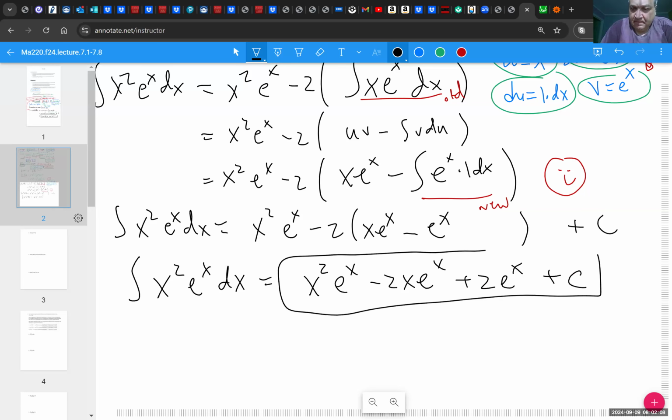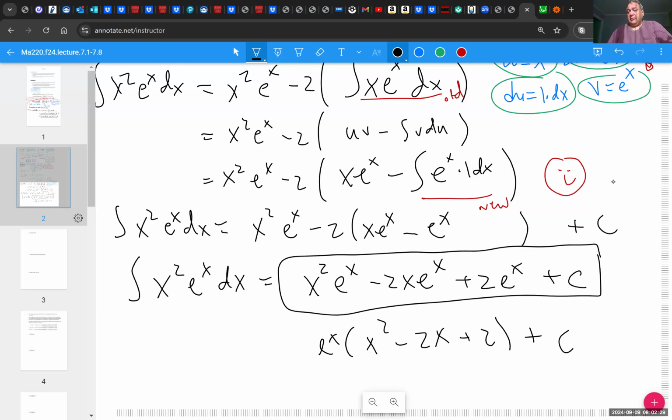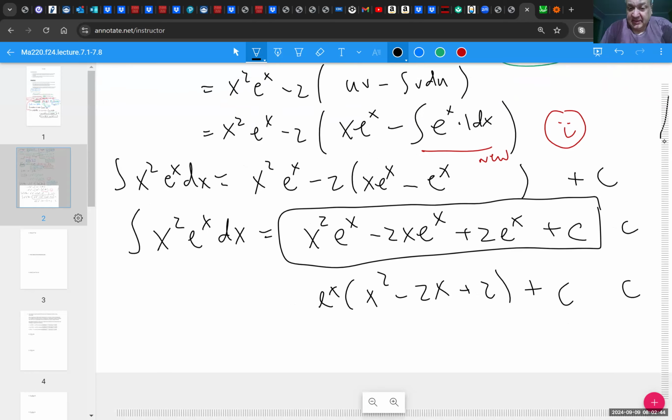And there you go. Some people are wondering, do I need to simplify this? There's no real things you can add together or combine together. You could factor an e to the x out if you wanted to. So some people might write this as e to the x times x squared minus 2x plus 2, since all three of these terms share a factor of e to the x. You can do that if you wish. You don't have to do it. I'll mark both answers as correct. The only simplifications I really need you to do, and we'll lose points if you don't, is combining things together, not necessarily factoring things out. Although that's a nice skill to have and it does help some problems,